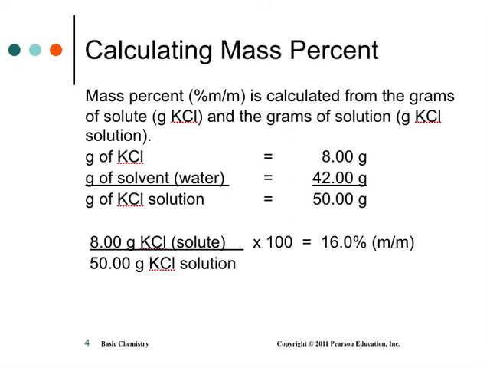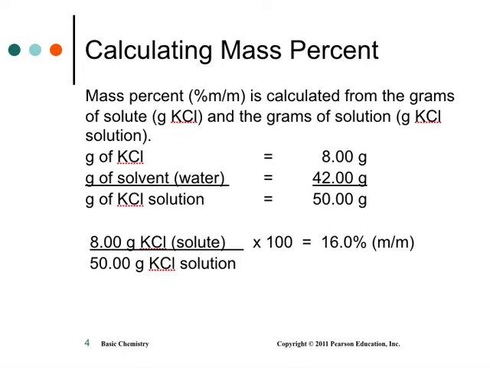So here's an example. If I have some potassium chloride, have 8 grams of it, and I put it in a glass and then add water up to 50 grams. Okay, so I would know that if 8 of those 50 are made up of potassium chloride, the other 42 has to be the water. But I really want not just the water, I want to know what the weight of the water plus the solute is. So the whole thing, because that's what I'm going to divide by.